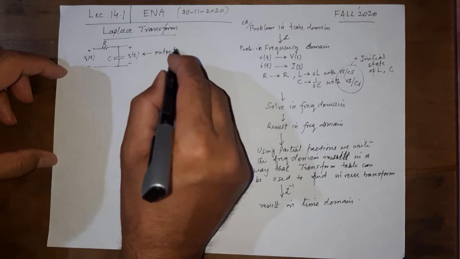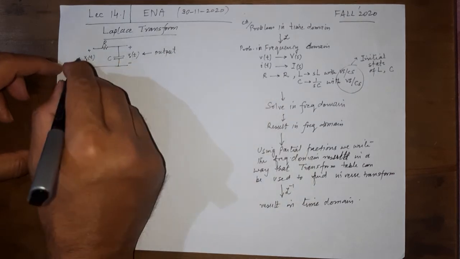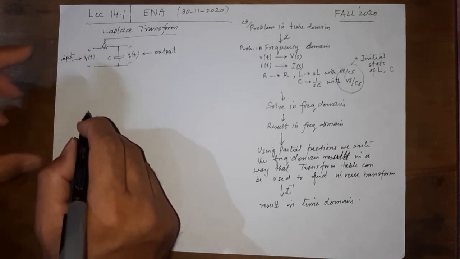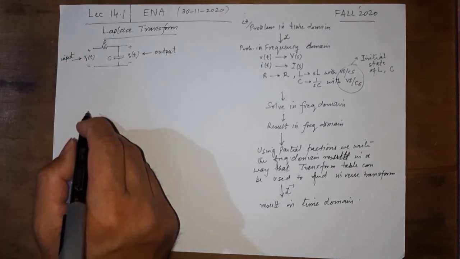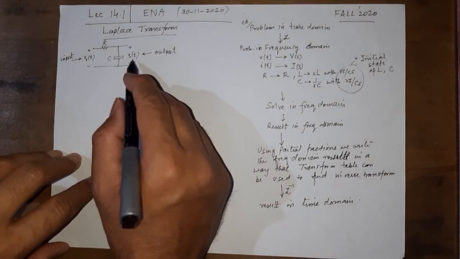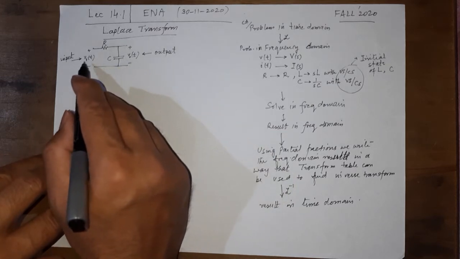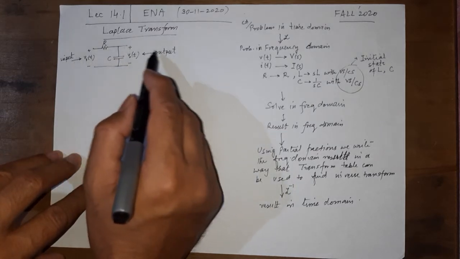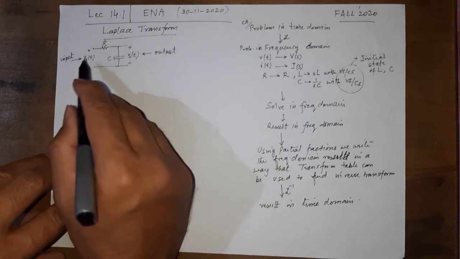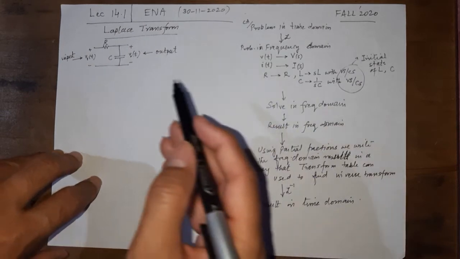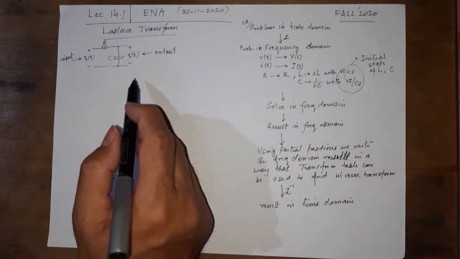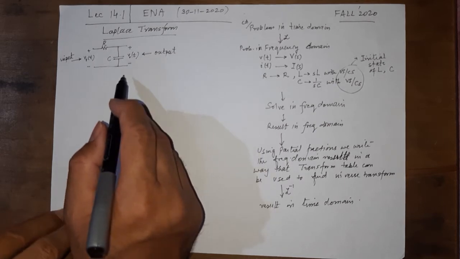So what we are interested in a circuit is known as the output, and the input is usually a source, a voltage source or a current source, and what we may be interested in is a voltage or a current as well. So there can be four cases. The input is voltage, output is voltage, input is current, output is current, input is voltage, output is current, or input is current, output is voltage. So it can be any of these four cases that we are usually interested in dealing with in the circuit.